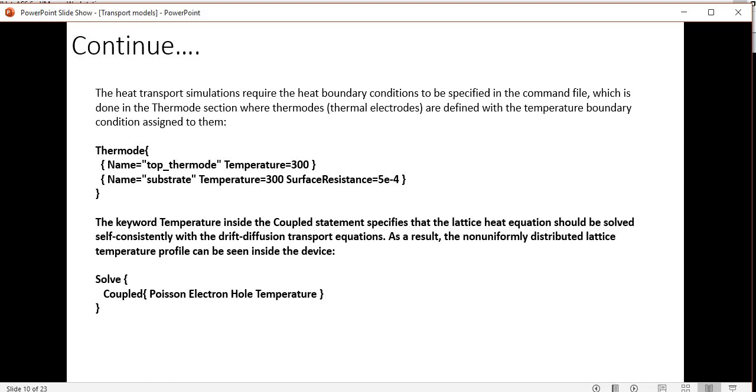Now the heat transport simulation requires heat boundary conditions to be specified in the command file, which is done through the Thermode section, where thermodes are related to thermoelectrodes, which define the temperature boundary conditions assigned to them. You can write the Thermode name, top, Thermode temperature equal to 300, or substrate or any electrode. There should be at least one electrode with temperature equal to 300 and surface resistance 5e-4. The keyword Temperature in the coupled statement specifies that the lattice heat equation is solved self-consistently with the drift diffusion transport equations. As a result, the non-uniformly distributed lattice temperature profile can be seen inside